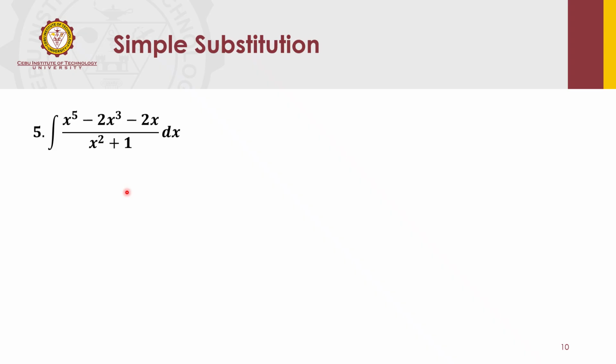So the technique is, when you identify your u, look at the one with the higher exponent and ask whether it could be the source of your u. Because when you differentiate, the exponent always goes down by 1. Versus your u, x to the power 5, the exponent just increases, so you're not differentiating. Definitely the numerator cannot be your du. So what can we do? You can divide the numerator by the denominator.